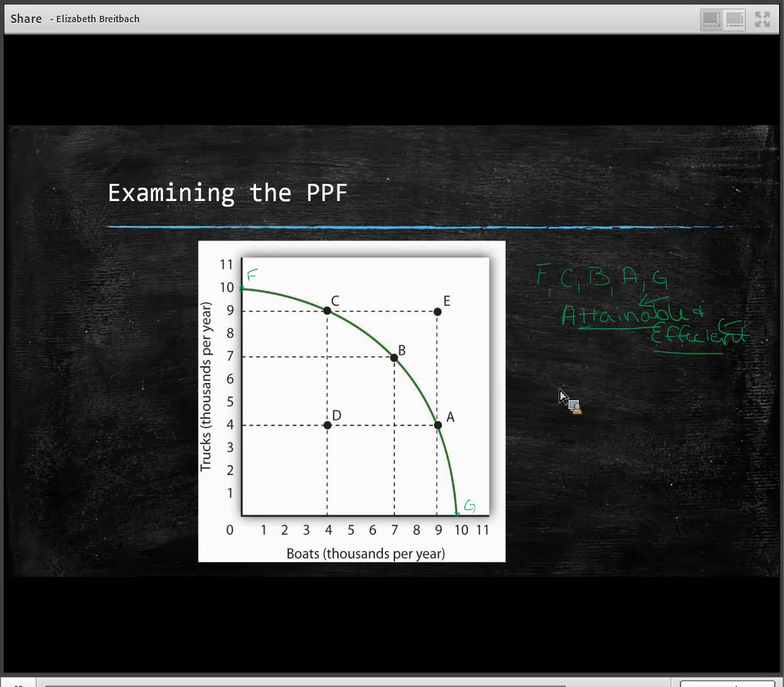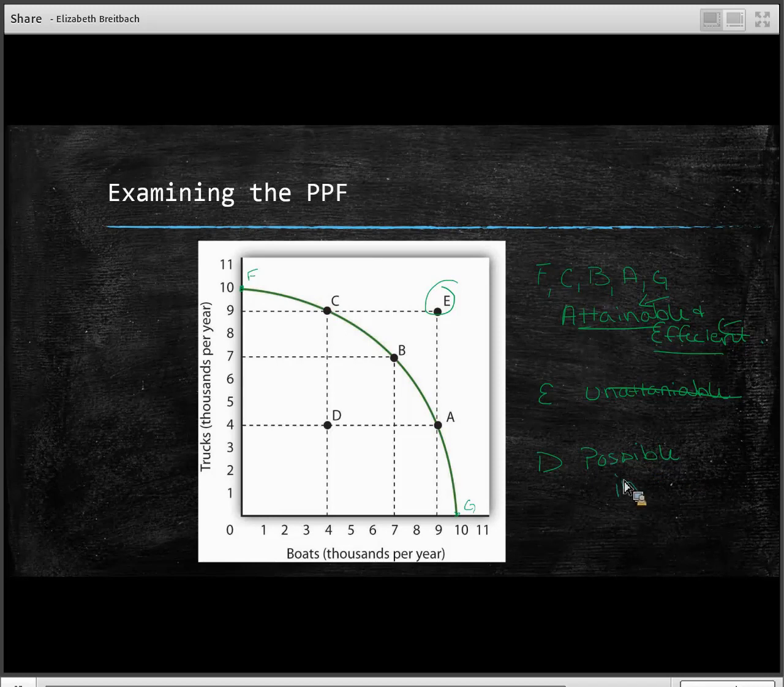A point like E is unattainable. It's not possible to produce E because it's beyond our production possibility frontier. We don't have the labor hours, we don't have the factors of production to reach out to point E. Okay, what about point D? Point D is possible, it is attainable,